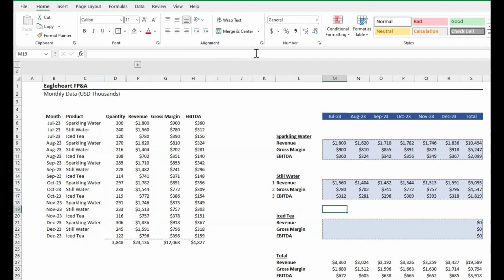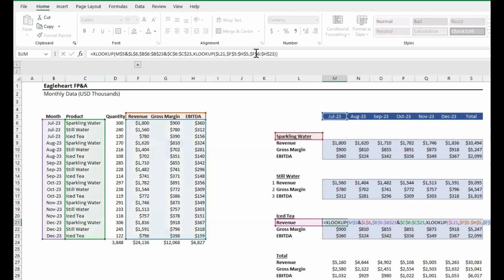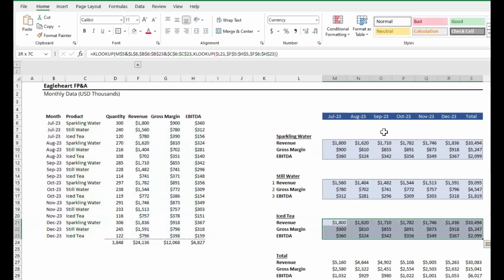And then finally, for this last product, we have iced tea, which we can simply just copy over either set of formulas to this box. But if you hit F2 to open up the formula, you'll notice that our lookup value here is still looking up at sparkling water rather than iced tea, which is what we need. So the quick and easy way to fix that is to tell it to, rather than looking at cell L8, let's do a quick find and replace. So select that entire box and use Control H